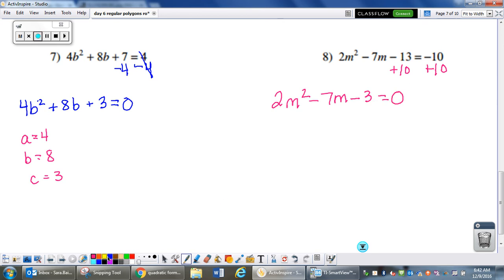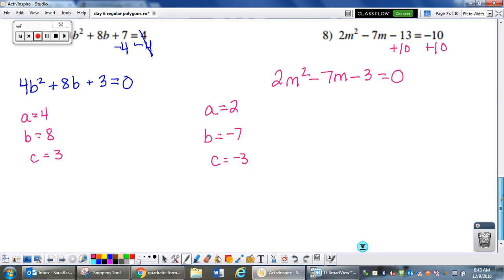All right, then you want to identify your a, b, and c. A is 2, b is negative 7, and c is negative 3. And you'll see why I wanted to do this one in a second. All right, so m, or x, in this case it's m. M equals the opposite of b, so positive 7 plus or minus the square root of b squared, put it in parentheses, minus, put this in parentheses, 4 times 2 times negative 3, all over